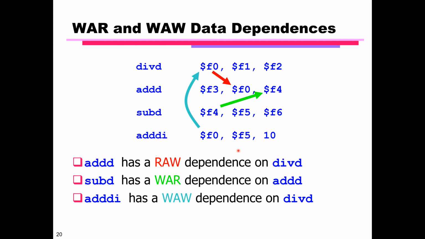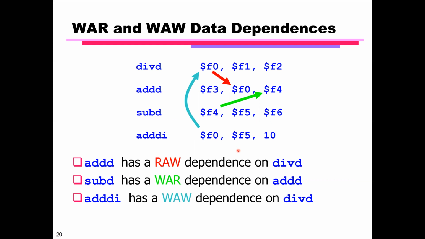Yet they are a bit special compared to the dependencies that we have seen before, the read after write. People call them false dependencies or name dependencies. And calling them name dependencies is maybe particularly illuminating, in the sense that the dependency is not created by the data that go through register F0, like in the case of the red arrow. In the case of the green arrow, the problem is exclusively the fact that we are using the same name